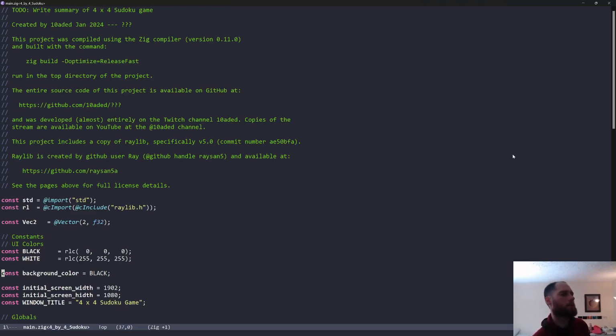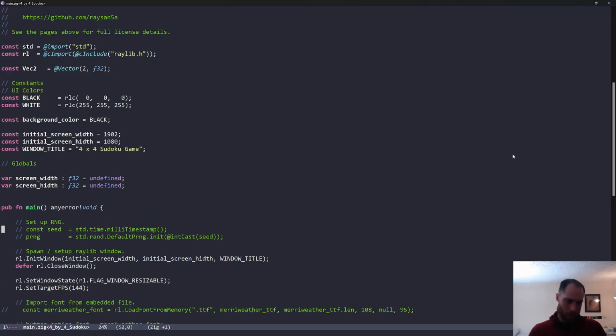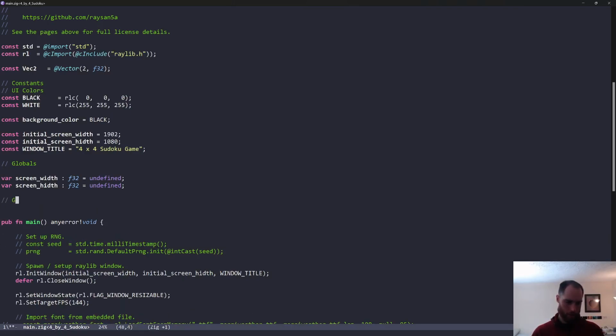I feel like it would be good even just to have an enum representing the types of things that can be in the squares. Any given state of this puzzle is either going to be a fixed number that comes with the puzzle, or a blank, or an option that the player has filled in. So then that's really 9 options. Okay, so then let's just do this. Grid tile possibilities,